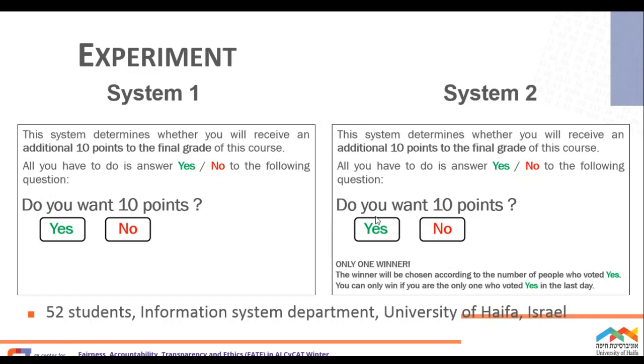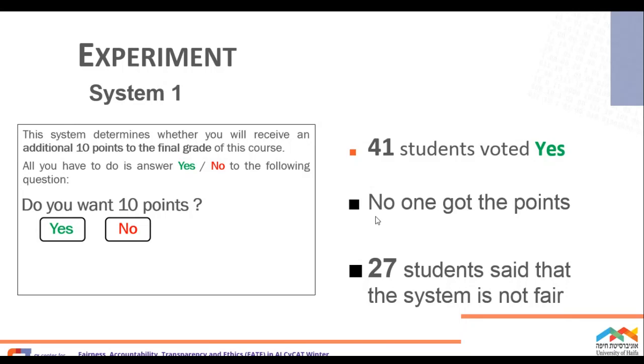And then we presented another system that does the same, but there's an explanation. Only one winner. The winner will be chosen according to the number of people who voted yes. You can only win if you are the only one who voted yes in the last day. So there are two systems, and if we are looking at what people thought about the system, obviously,